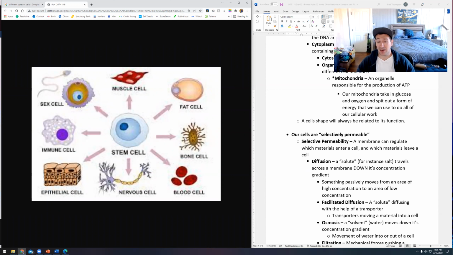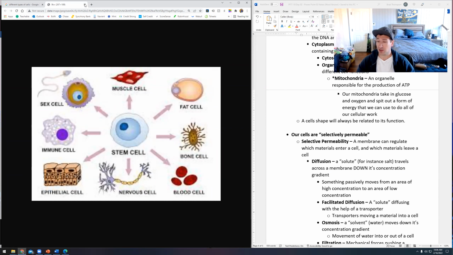We've got bone cells, which form themselves. This looks kind of interesting, but it's actually very flat, and that allows you to stack a whole bunch of them on top of each other, and that's why bone cells are so dense and hard and resistant to damage. You've got fat cells. Earlier I said your cells never look like they do in that picture, but fat cells actually do kind of look like that in this section. They have this big empty sac here, and that's where we store triglycerides and fats, to be used for energy later. We've got muscle cells, sex cells, immune cells, nervous system cells.